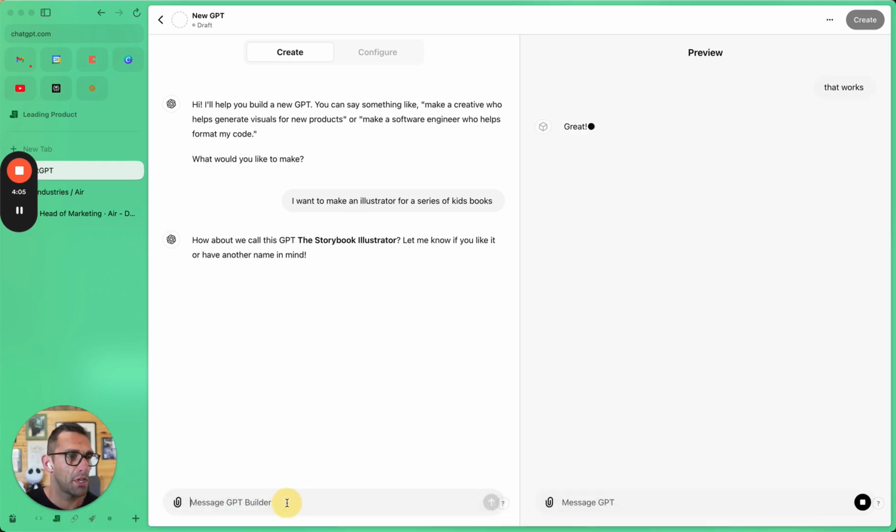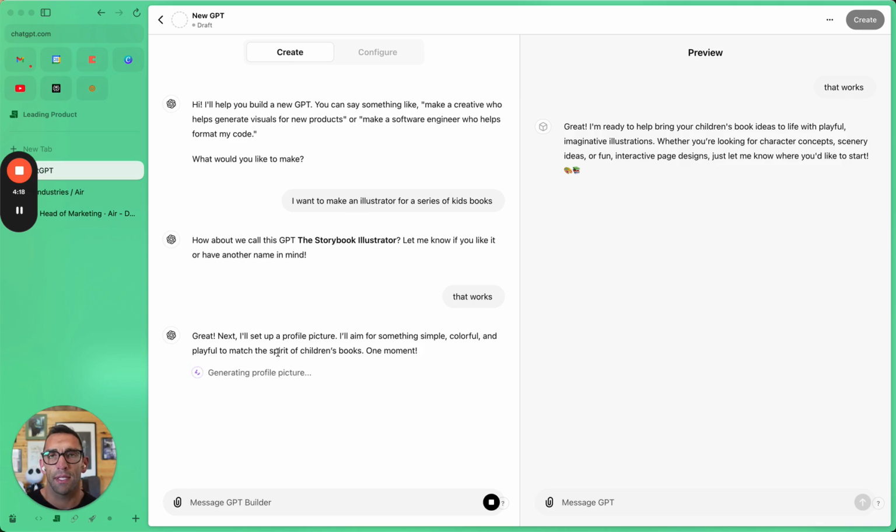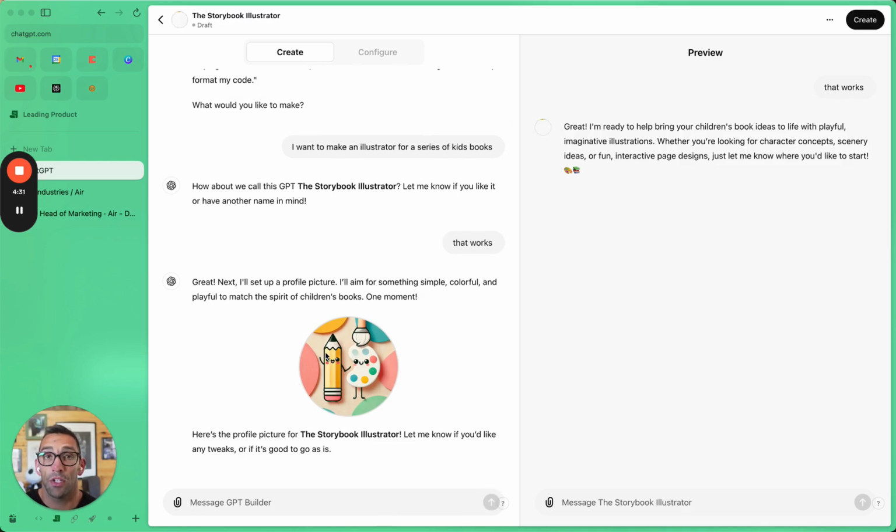Whoops, my chat. This is a preview over here. So it's going to go through this. It'll always ask you for a name. It'll try to come up with an icon so it has an image, and then you'll have a conversation. The conversation can go as long as you want or as short as you want. And you can also give it files in this interface too. So it'll collect all this stuff from you and then create this GPT that you can test on the right, and then you can give feedback to get to the point that you want it to be